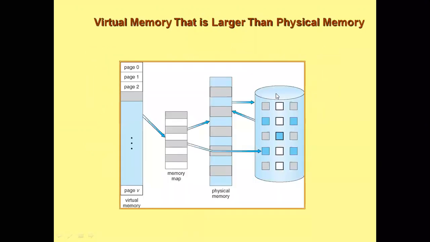Let us move on to the next slide. Okay, so virtual memory that is larger than physical memory. As I said, in virtual memory we have an illusion of, let's say, this is a process. Okay, and all the pages with respect to that process is loaded into the virtual memory. This is a logical memory. Okay, and then here we have a data structure called as page table. We will see that in depth in the coming slides. Okay, this is physical memory or the main memory.